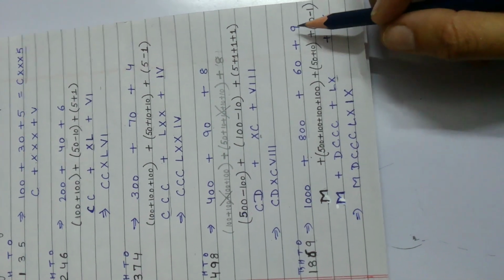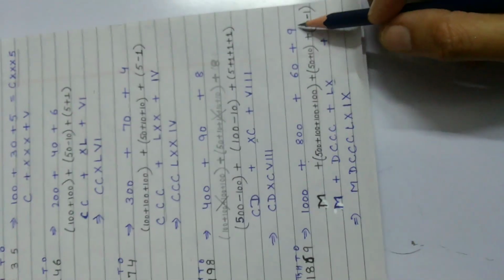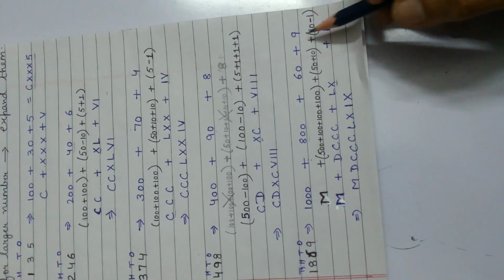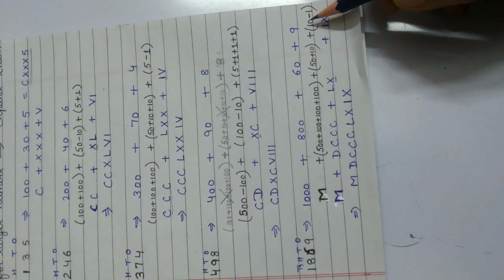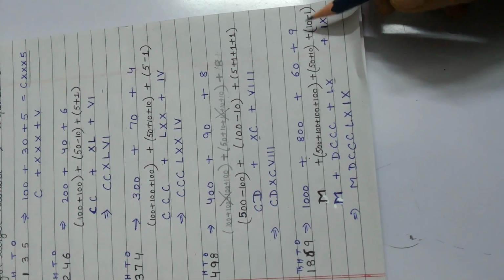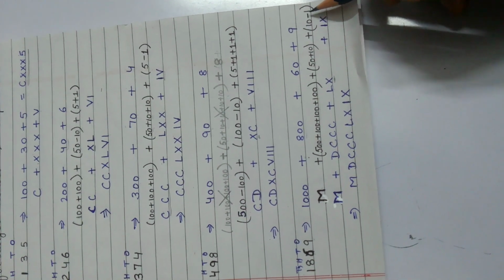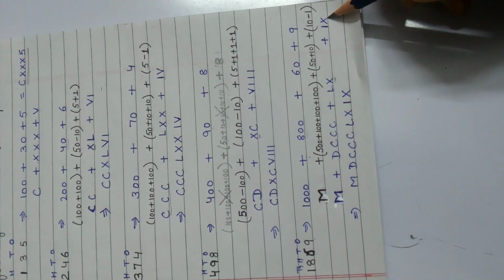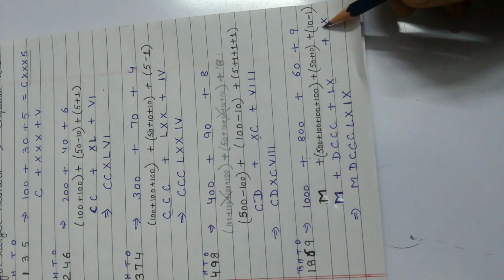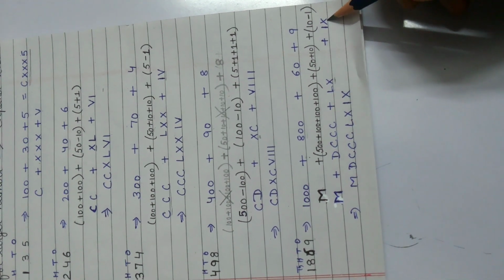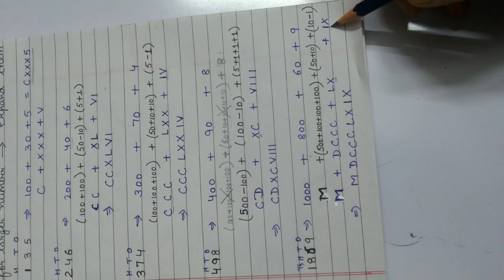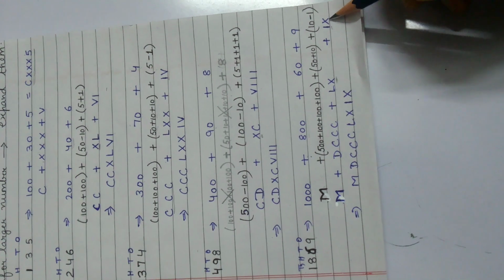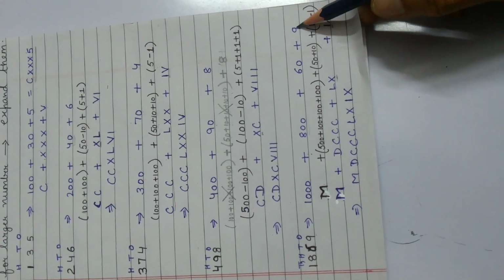This is solved. Now let's come on to 9. Either we learn the symbol IX as 9, or if we do not remember, what we can do is, we have a symbol for 10 and 1 before 10 is 9. So that means I have to subtract 1 from 10. The symbol for 10 is X, X minus 1. So that means I comes before X. In this case, I will be subtracted from the value of X. So 10 minus 1 becomes 9.